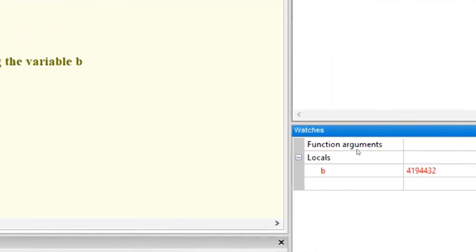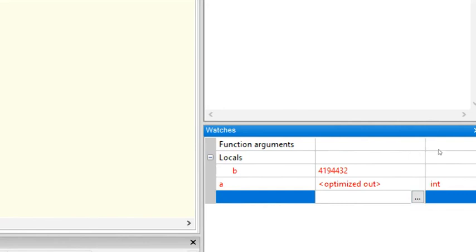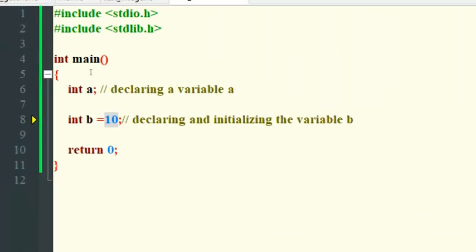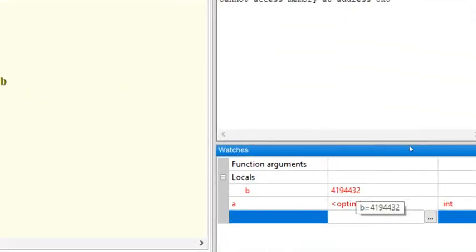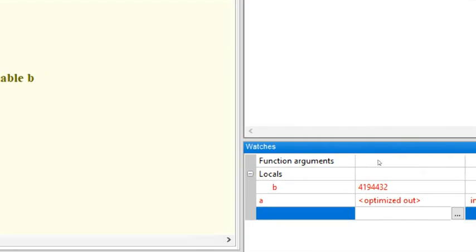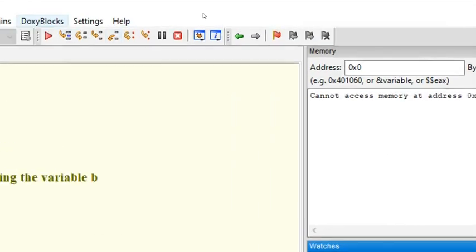In that case, you can just go here and type A, enter. So optimized output, or it is not showing any value because it has not been assigned or initialized. This we have to keep an eye on, because it is possible that you might be using B in the next line without initializing, and it will use this garbage value to produce the result.